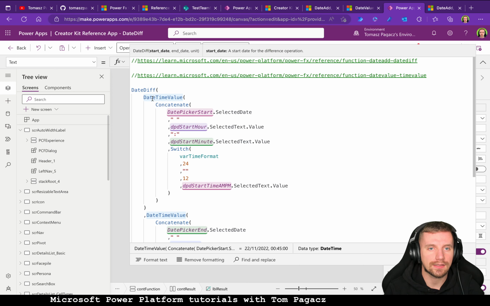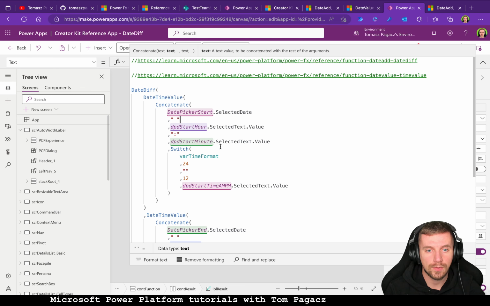Our start date is DateTimeValue, and for this function we are going to concatenate the selected date from the start date picker, then there is a space, then from the start hour drop-down's selected text value, we are taking the hour, then there is